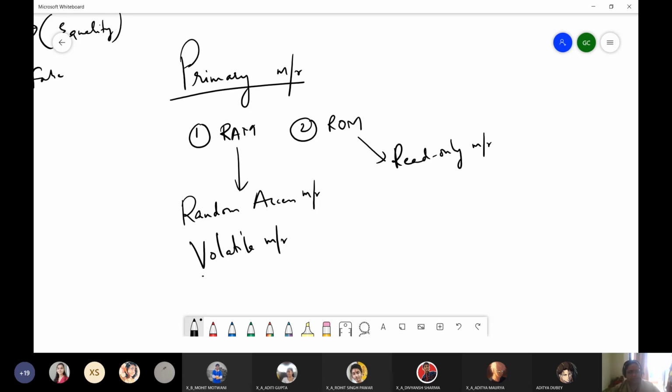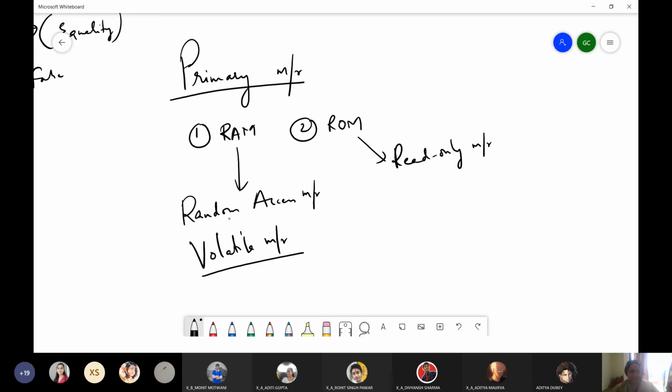So here volatile means that the moment electricity turns off, whatever is stored in your RAM will get erased. Okay. And also if you shut down the computer, or the electricity goes off, data is erased, right?